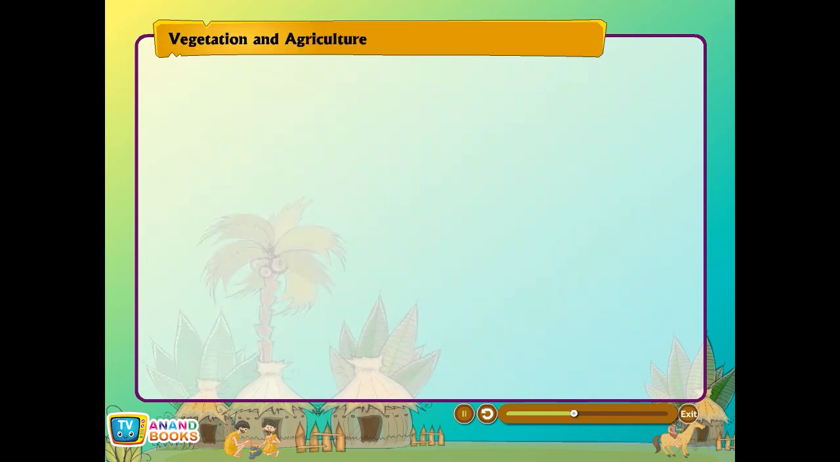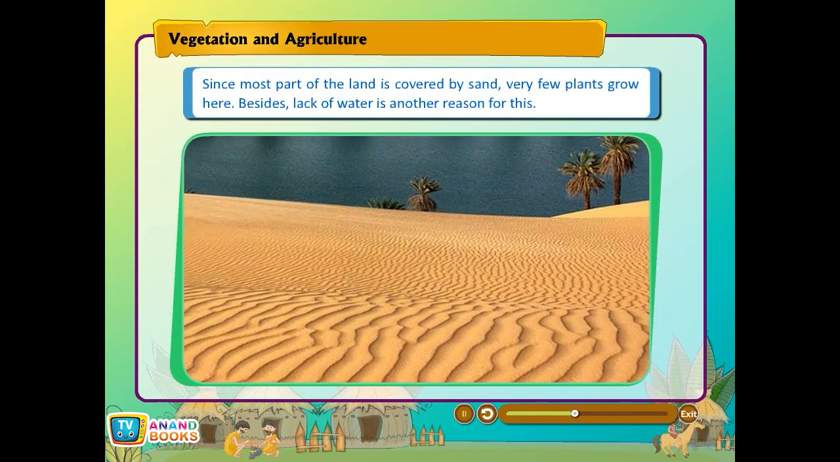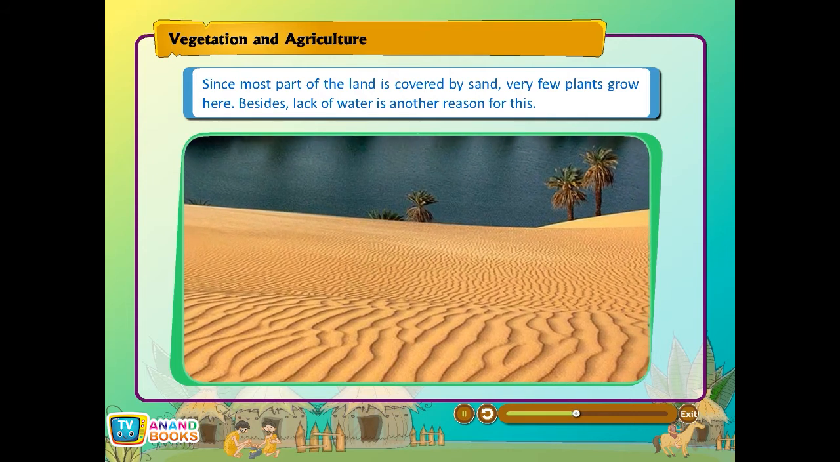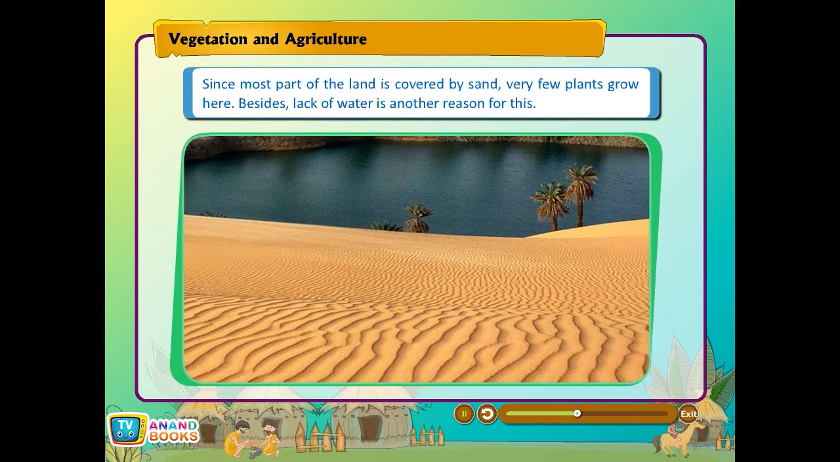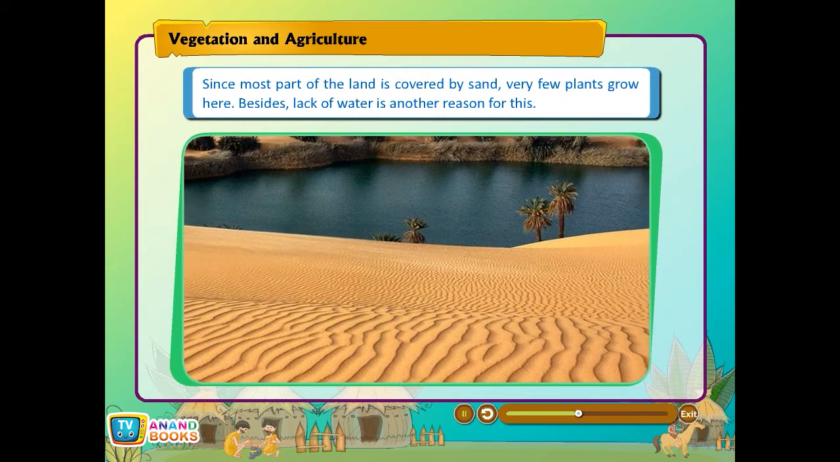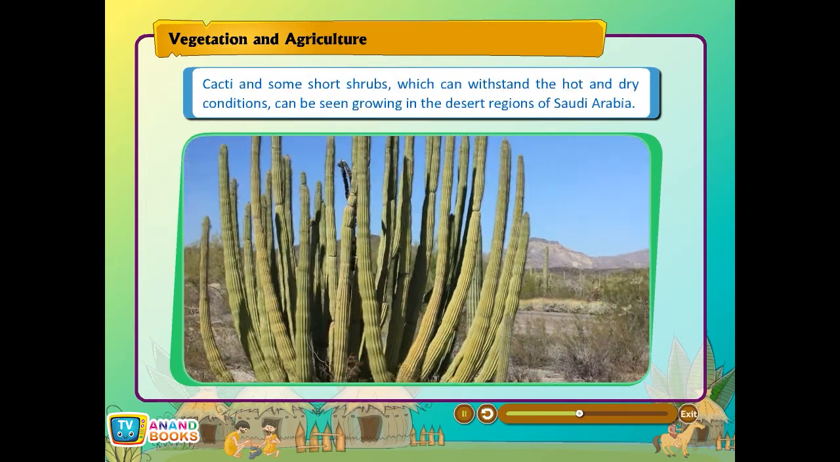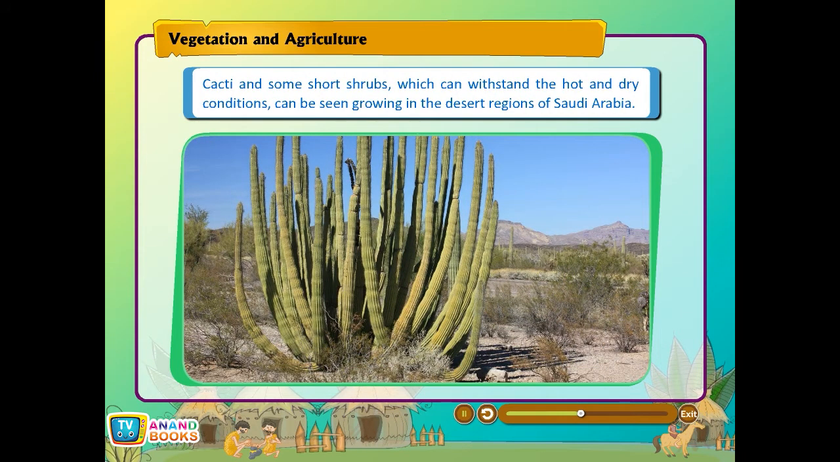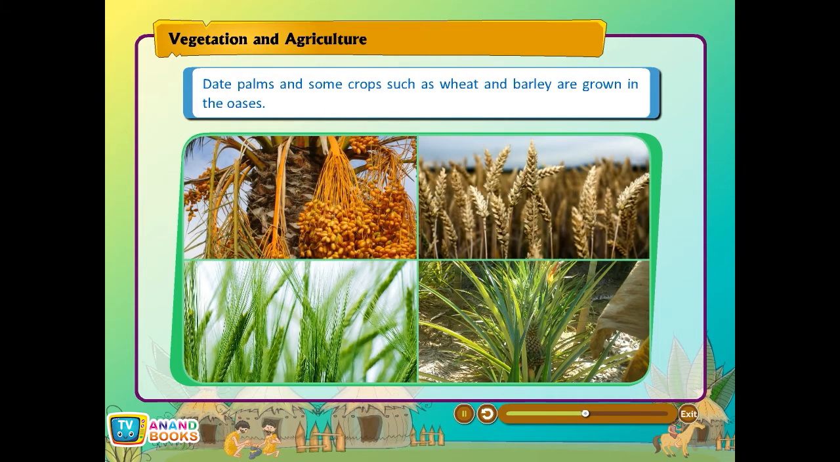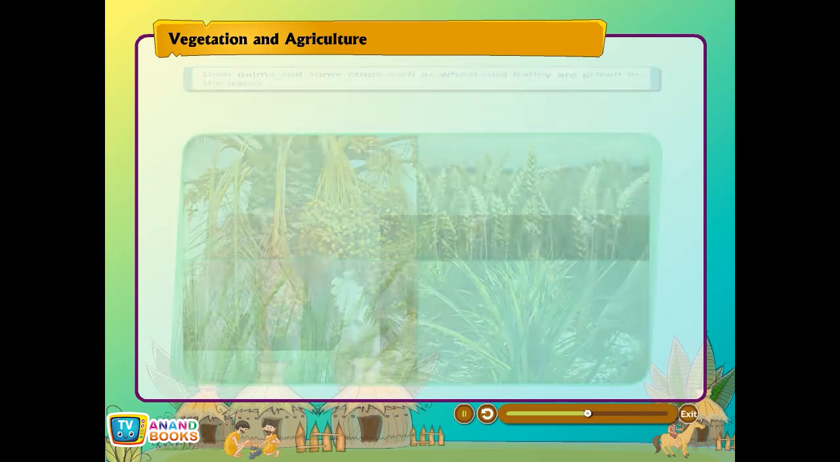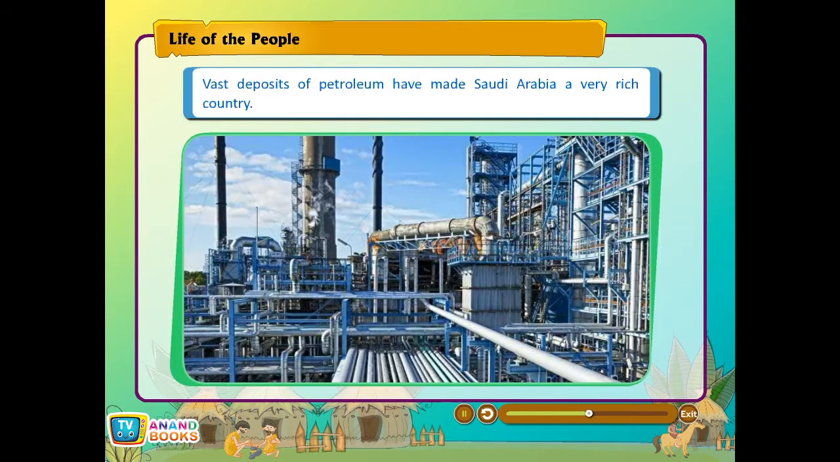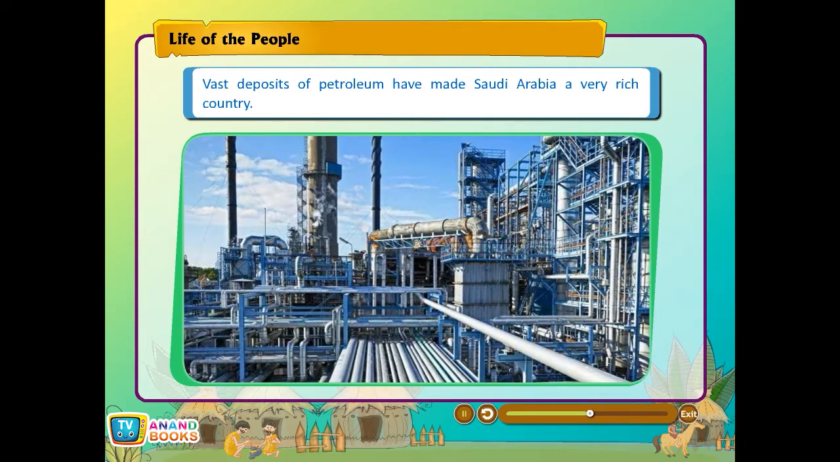Vegetation and agriculture. Since most part of the land is covered by sand, very few plants grow here. Besides, lack of water is another reason for this. Cacti and some short shrubs which can withstand the hot and dry conditions can be seen growing in the desert regions of Saudi Arabia. Date palms and some crops such as wheat and barley are grown in the oases. Life of the people. Vast deposits of petroleum have made Saudi Arabia